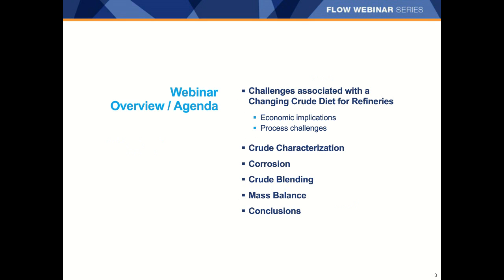So what are some of the major problem areas associated with the handling of opportunity crudes, and how do we maximize profits in light of these issues? The most common problems involve asset deterioration that's caused by excessive fouling or corrosion, process unit bottlenecks required slowdowns in operation, and a number of different safety concerns. Some of the problems associated with processing opportunity crude were expected, and some caught some of the refiners completely off guard. For example, there were locations in the crude tower that had never experienced corrosion issues, which were now seeing